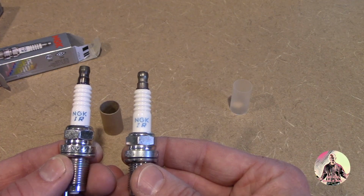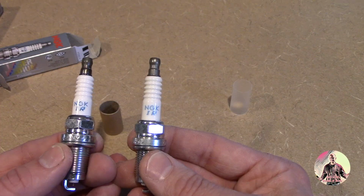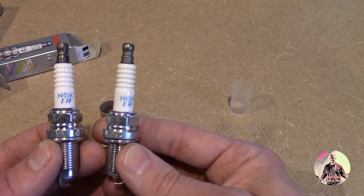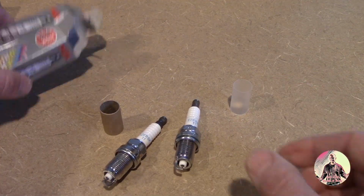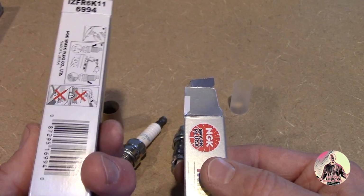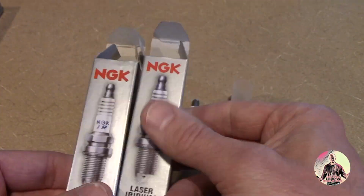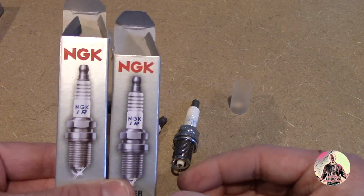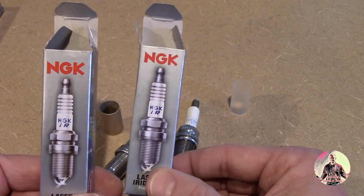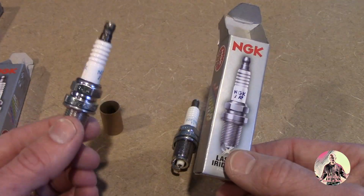So, you know, we all love Amazon, but you really got to pay attention to what you're buying, and you really have to be careful. This would definitely fool most people, as you can see. They're very similar. The boxes are identical. You could even return these to your auto parts store. I mean, the barcodes are the same. They'd have no way of knowing. But obviously we would never do that. But my point is, be very careful what you buy. Only buy from a reputable seller, I guess is my advice, because who knows what this would do to your